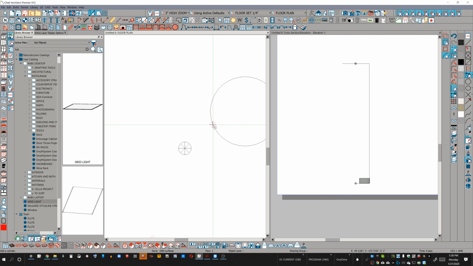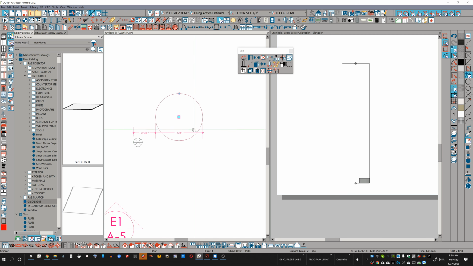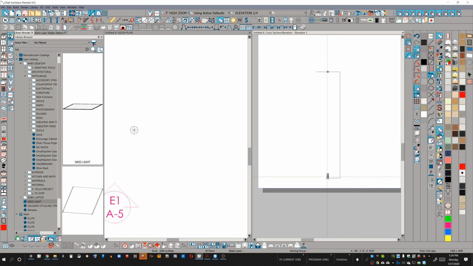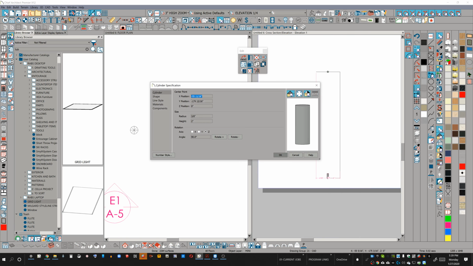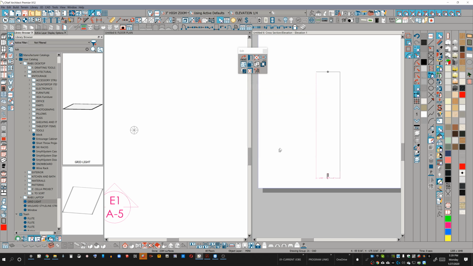So next part, I'll go to plan view again. We're going to grab a cylinder. I'm just going to draw it anywhere because I know already that this is going to be 3/4 of an inch and that I can easily manipulate it into the center of my existing top and bottom here. And so it should be that if I click on this guy right here, that I can make this an